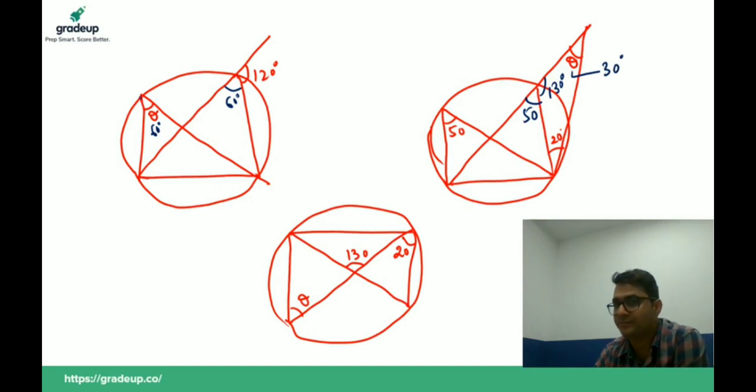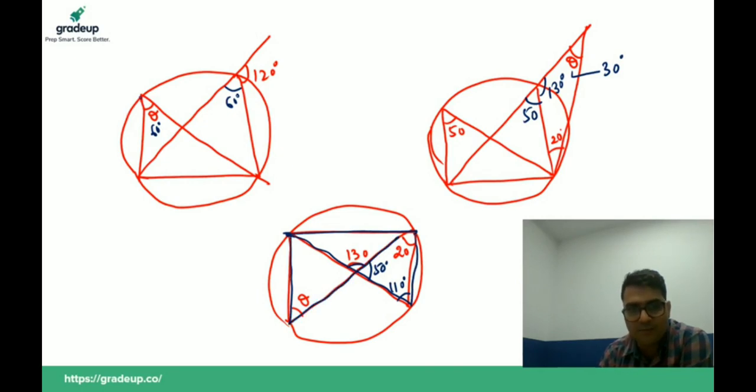All right. Now, in this question, if this is 130, this must be 50. If this is 50, this is 20, then this must be 110. And this is the chord from where this angle is formed at the circumference. And this angle is also formed from this chord. If this is 110, then this must be 110. So these are the answers.